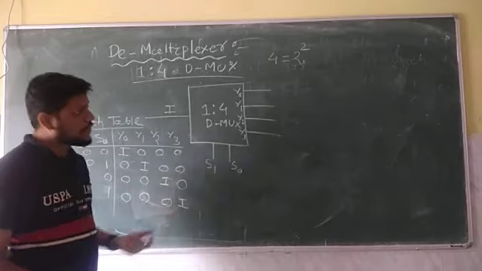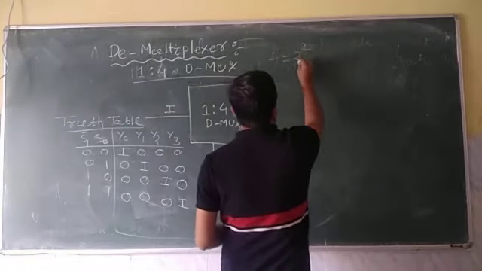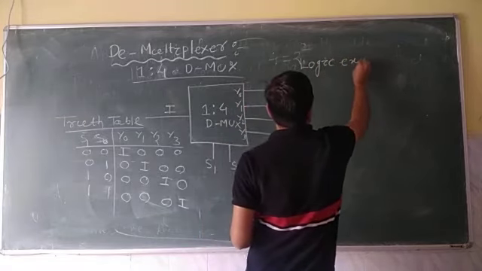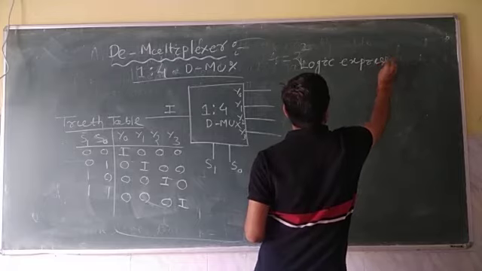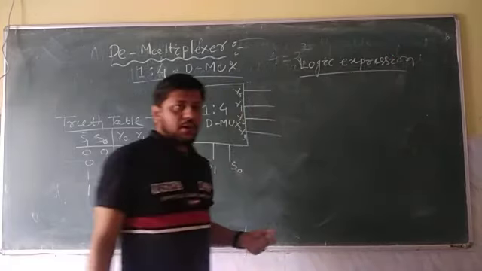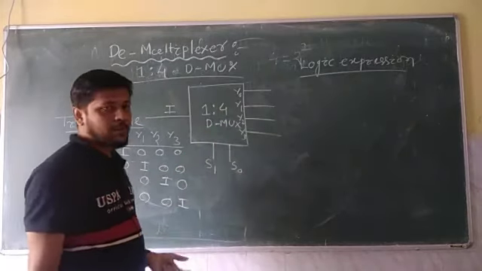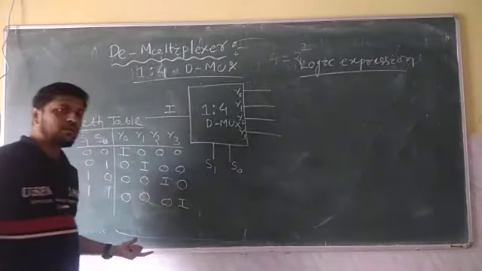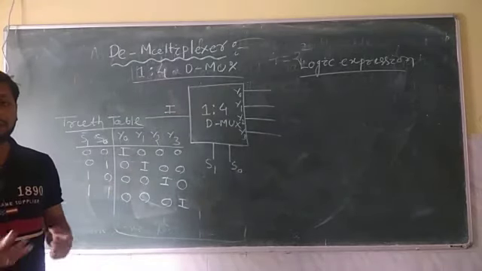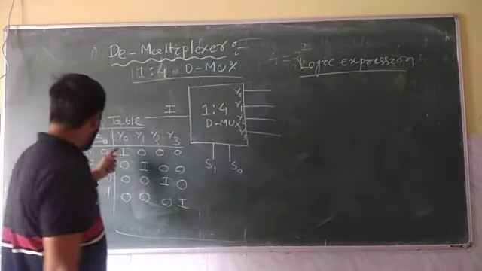So from this truth table now we will write the logic expression, which I am going to write here. So kindly remember this step. This is very important. We have to first draw this type of box and then we need a truth table, and from this truth table write the logic expression, and after this logic expression implement this by using your logic gates. So how am I going to write this?